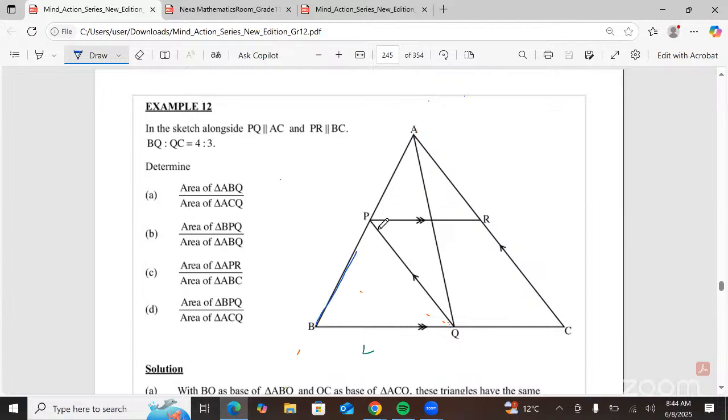BPQ is this one, and then with this triangle, we have the other one, ABQ. ABQ is this one. Now I said to you, let this side AB be the floor of our triangles. So these triangles lie on top of this floor AB. And then the height will be perpendicular to that